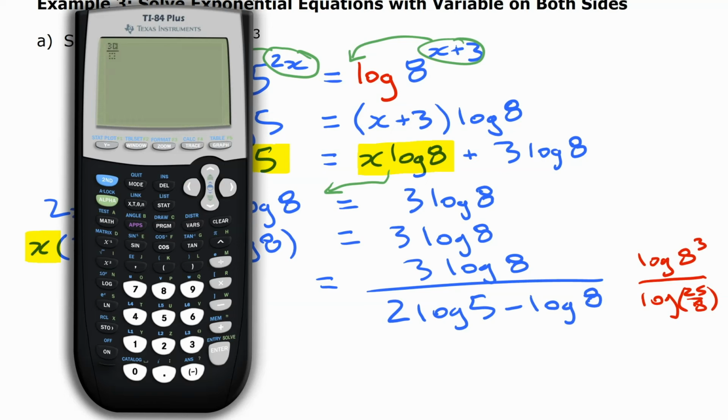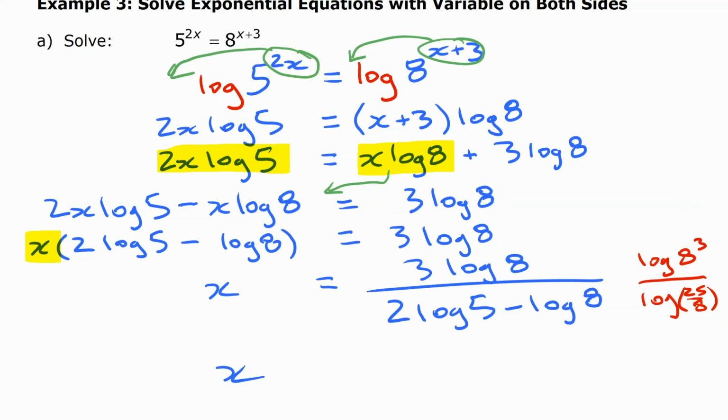So we have 3 log 8 on top, and on the bottom we have 2 log 5 minus log 8. And so we got 5.475 if we round it off to 3 decimal places. So x is approximately equal to